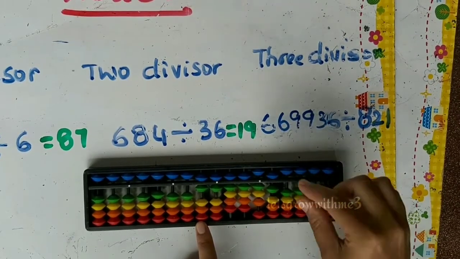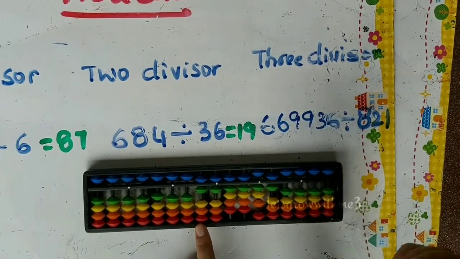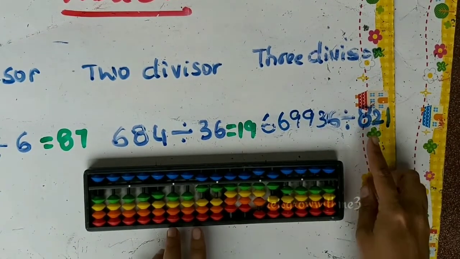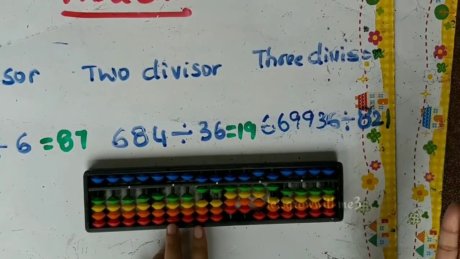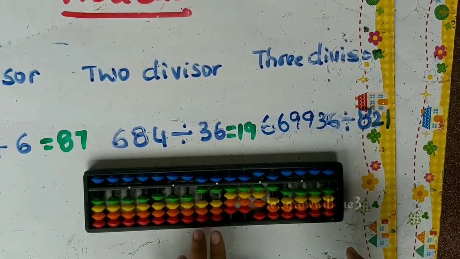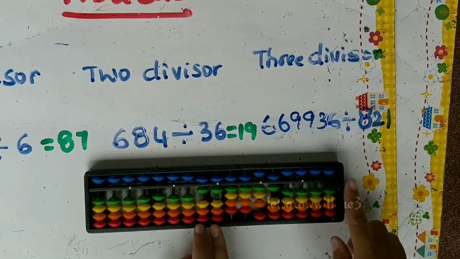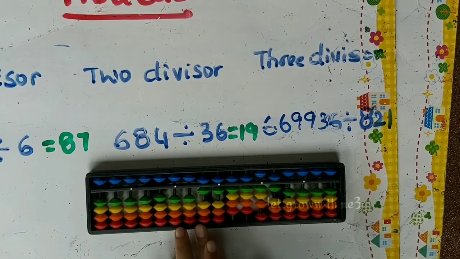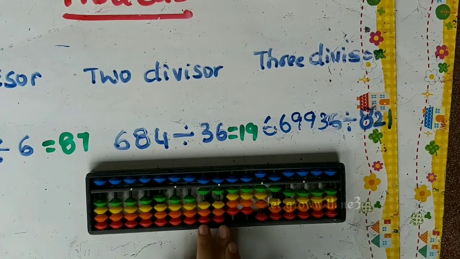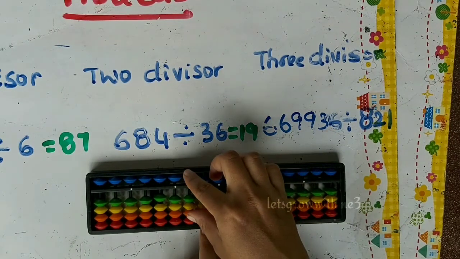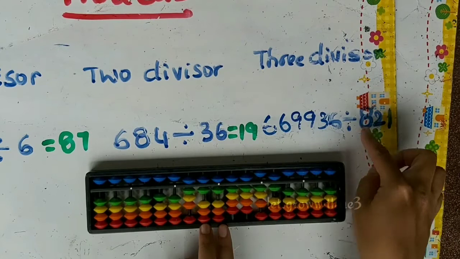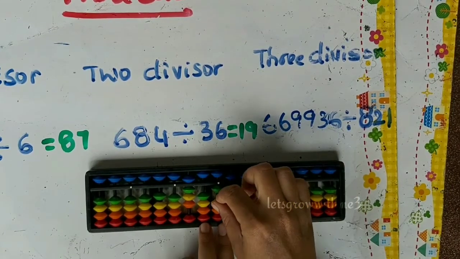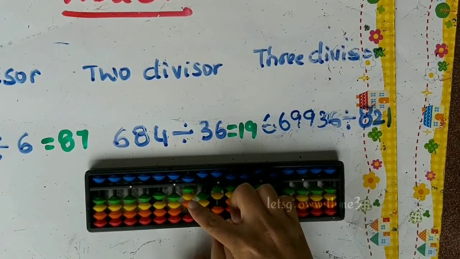669936 from the 100th place. Okay, so now we need to choose our divisors. So 8 means we can't consider a single value, we should consider 2 values, which is 66. So this 6 is in, we can't consider 1. Yeah, now our place value should be here, tens and ones place. Okay, 66. So 8 means how many times? 64, right? 8 8s are 64. So subtract 64 from 66.